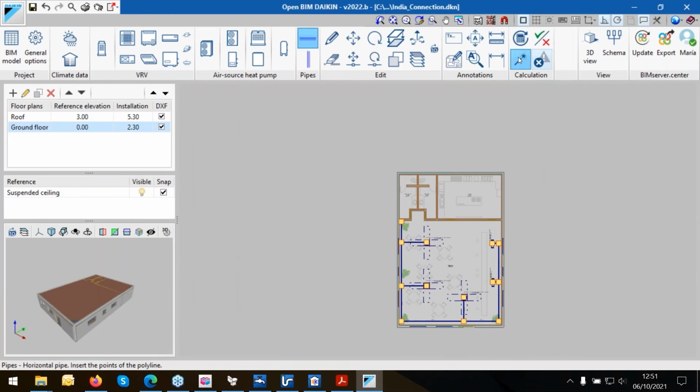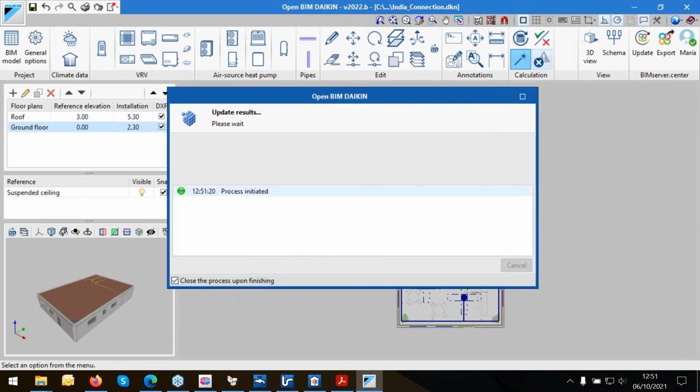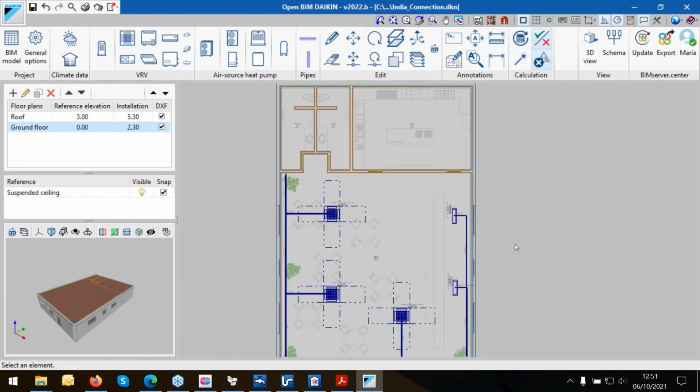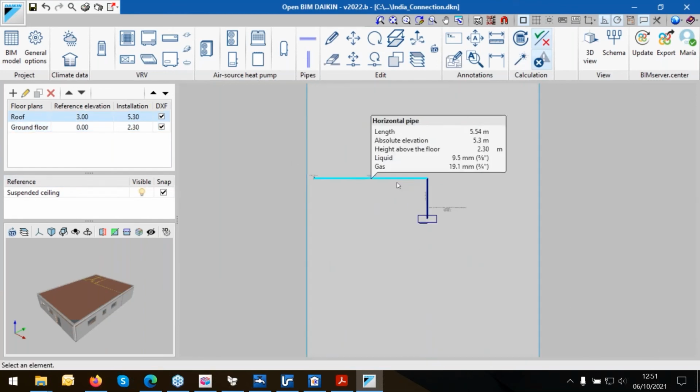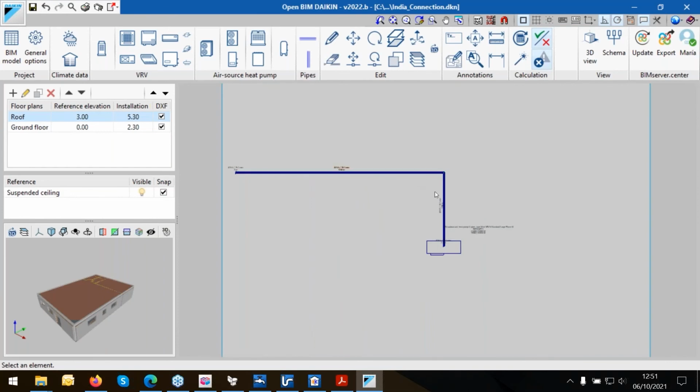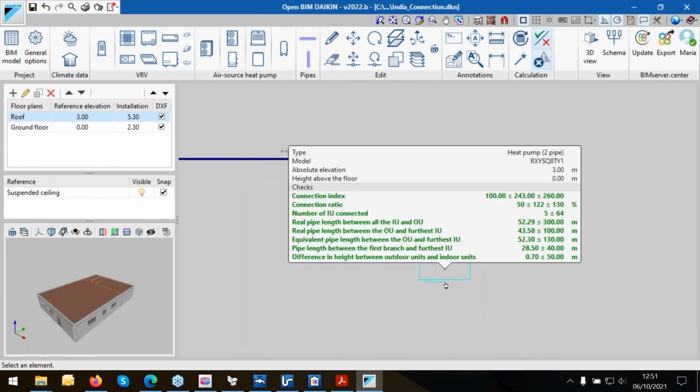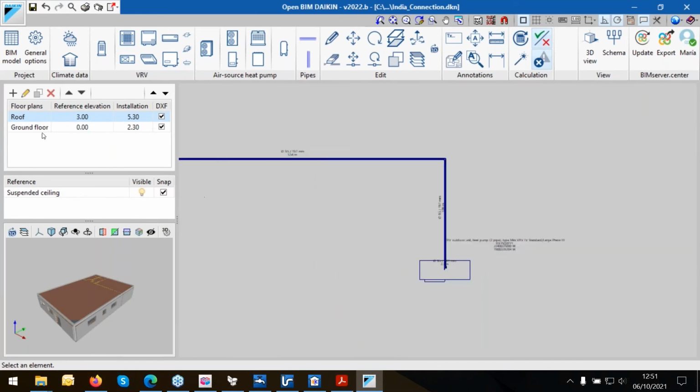Let's see now. Now I get no warnings or errors. So you see here the different elements, everything is right,